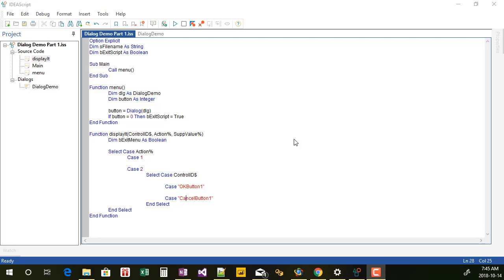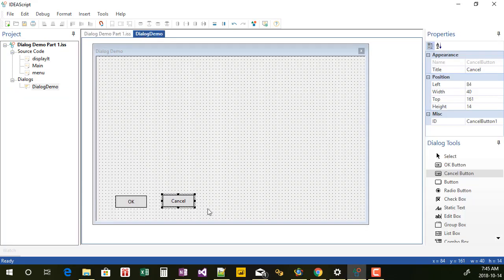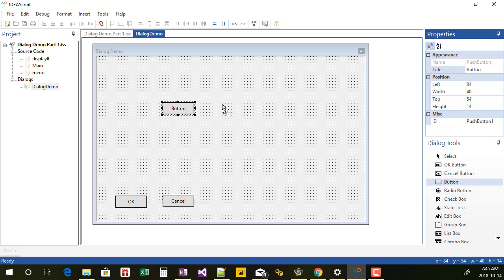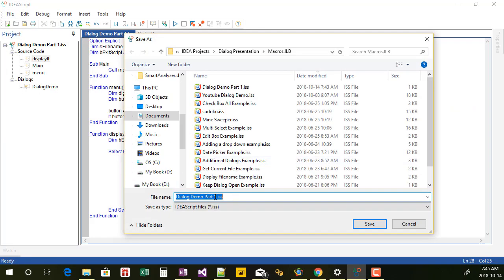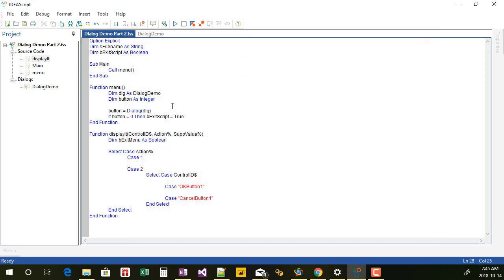In this one I'm going to show you how to keep your dialog open. Anybody who's created a dialog like this, and I'm just going to add on a couple of other buttons that I'll get rid of eventually. So if I go run this, and actually let me go resave this as part 2. So if I go run this,